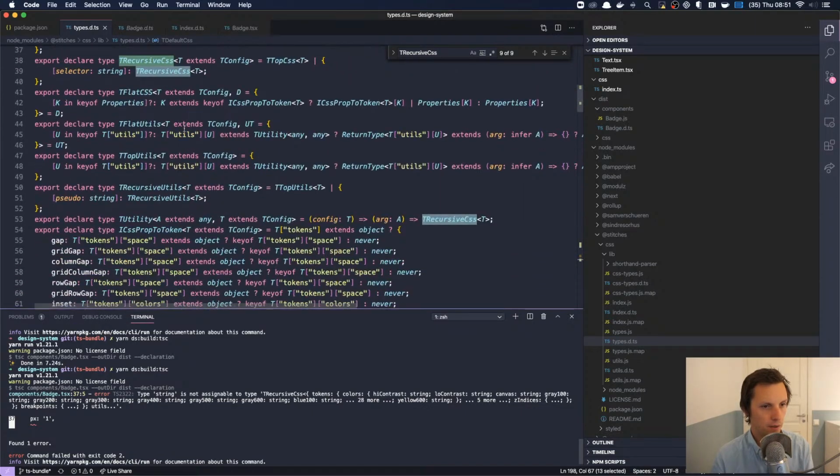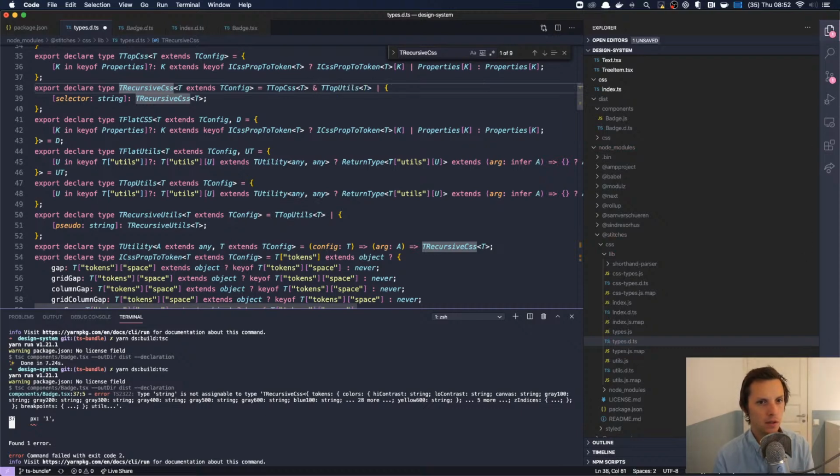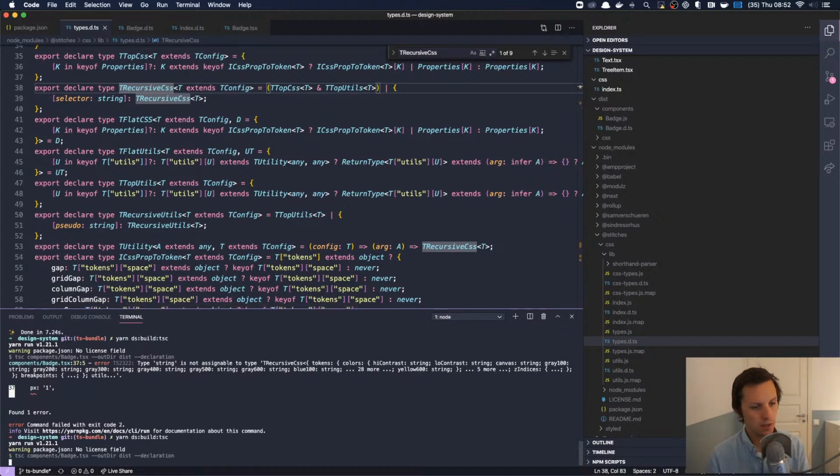Let's see, where are the utils? Okay, so we're going to take this thing. So instead of splitting that into two different types, we're going to do this and this. Well, not that, but this. Well, we don't need to do that now. That's kind of interesting. Yes, let's put some parentheses around here. It's probably just me building the typing wrong, but it's impossible to understand what TypeScript actually does to this stuff. It's insanely complicated.